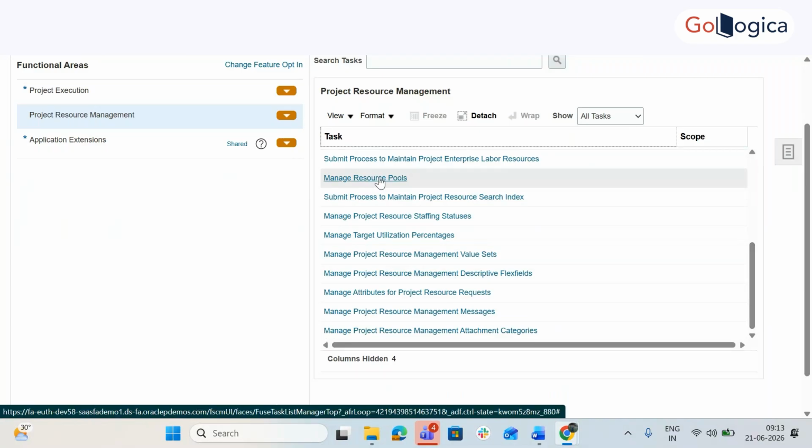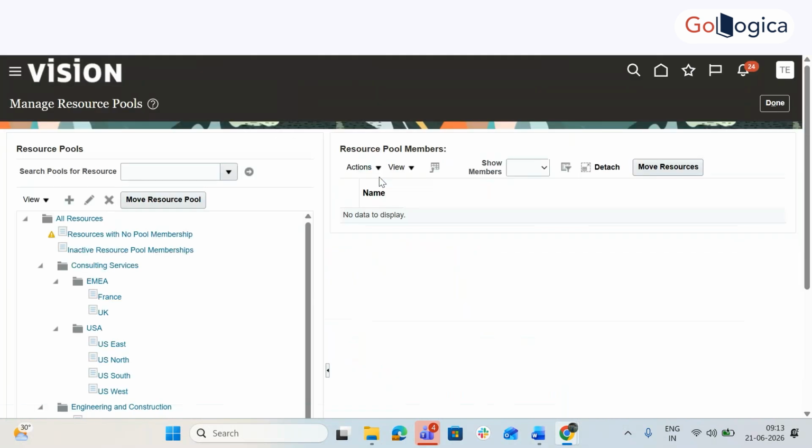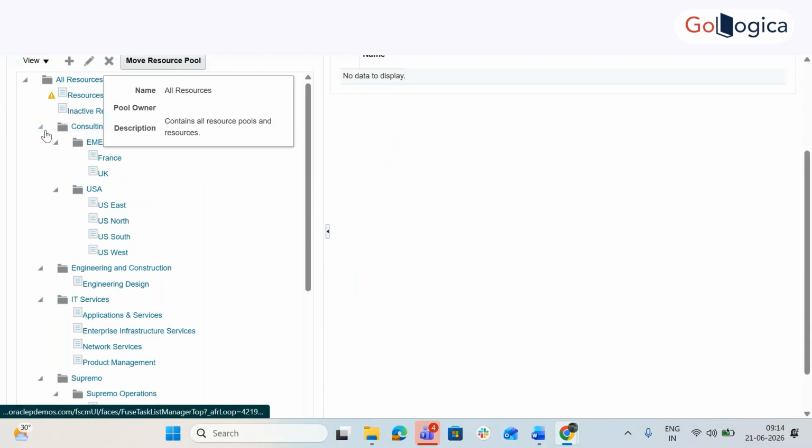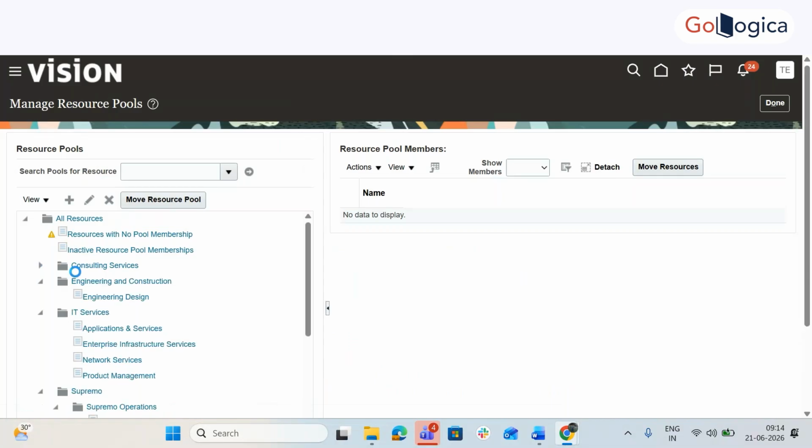Manage resource pools. So what are resource pools? Basically, all the employees in a company are under some pool. So this is the hierarchy. Hierarchy means, see, this is at the top level, and you can see it comes below this. It comes below this. Means if I close this, if I close this,